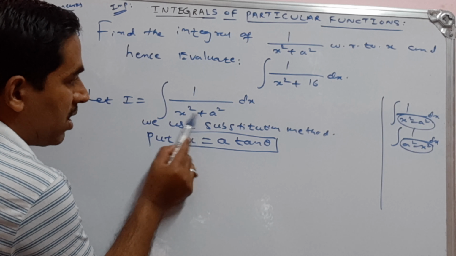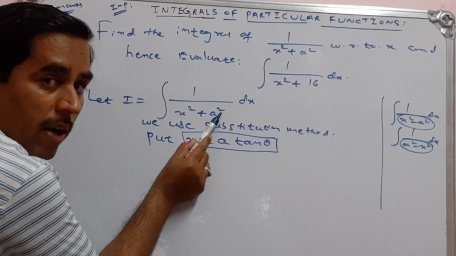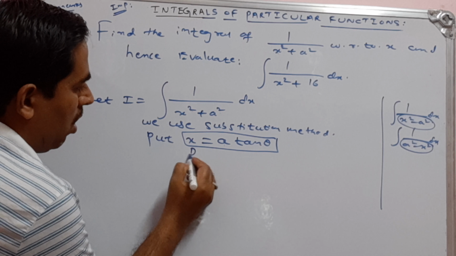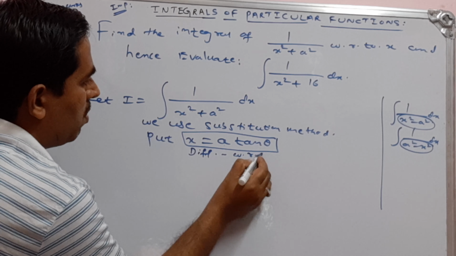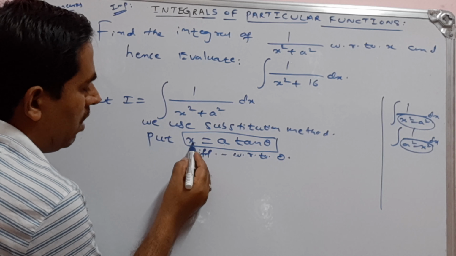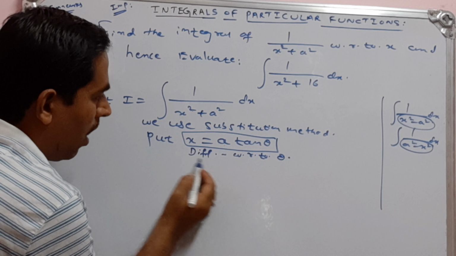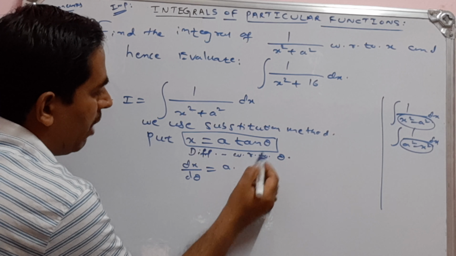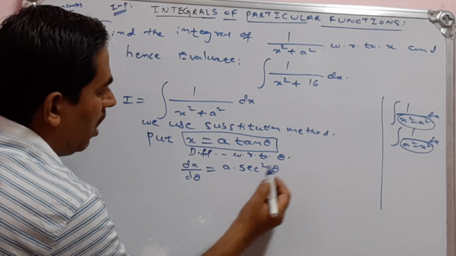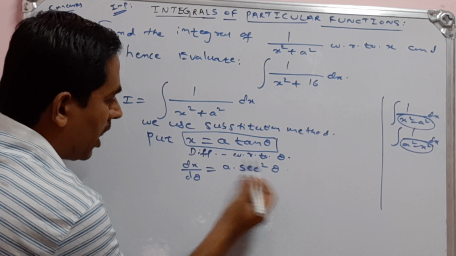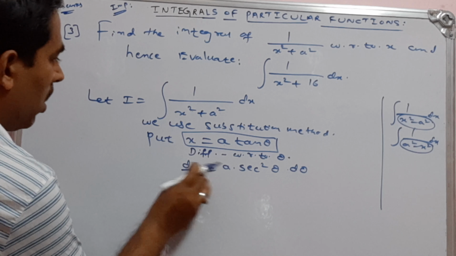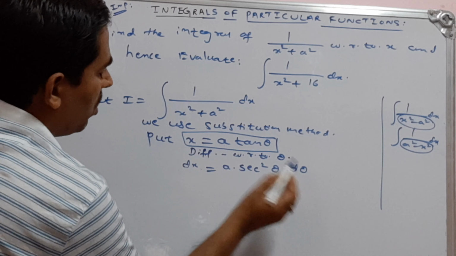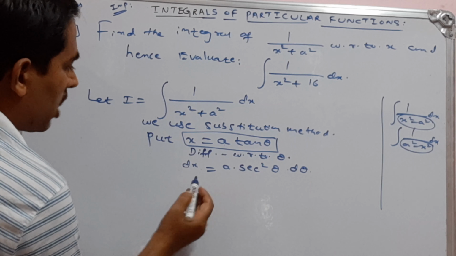See, why we have to consider a? Because denominator is x square plus a square. Okay, that's why our substitution should be a along with tan theta, a tan theta. Now after substituting, to differentiate this with respect to theta, we get dx by d theta. See here, dx by d theta is equal to, a is constant, derivative of tan theta with respect to theta is what? Secant square theta, or dx is equal to, cross multiplying, I get d theta. All are same here. See, I will write this directly. So dx is equal to a into secant square theta into d theta. Okay, with respect to theta. So cross multiplication, I will do this.